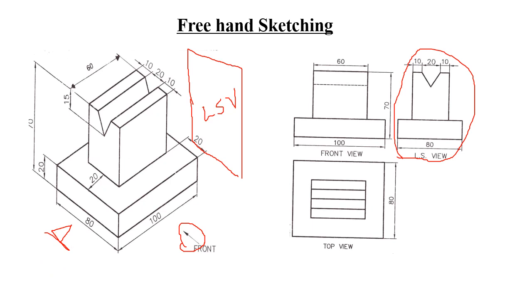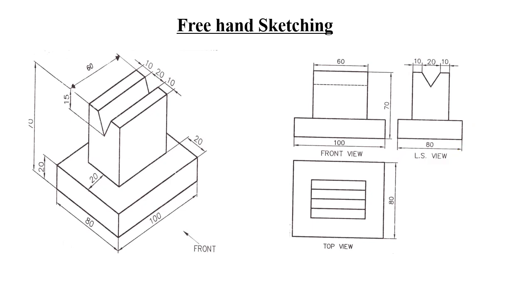So the same logic, whatever we have discussed just before, has been applied here as well. The front view is drawn, and then the top view you can easily see. If you see from here how the object will look, that is what is done here. You have to be very careful as far as transferring the dimensions. And then of course the left side view is also drawn. So this is another example just to show you how you can draw freehand sketching. Easily you can score 20 marks. Okay, we will pick another example.